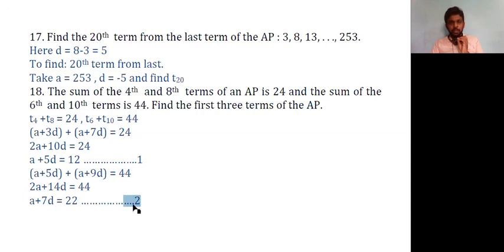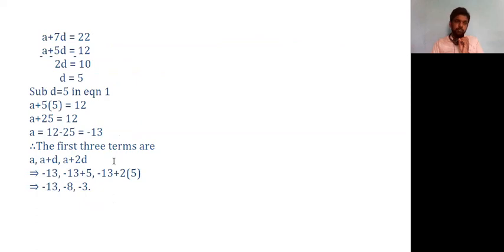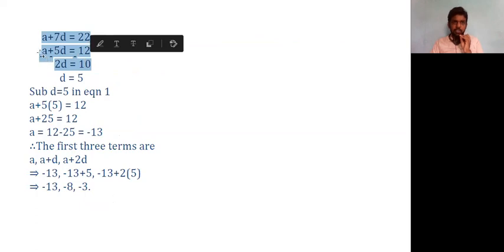So here we have two equations with two variables, a pair of linear equations with two variables again. We have to solve these two equations. Putting the second equation here, A plus 7D is equal to 22, and below that, we put the first equation, A plus 5D is equal to 12. We are going to subtract the first equation from the second equation. So I am changing the signs of the first equation, written below here. A is positive, changing it to negative. 5D is again positive, changing it into negative. 12 is positive, changing it into negative again.